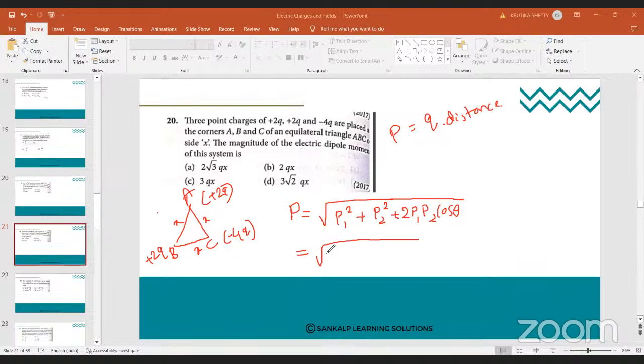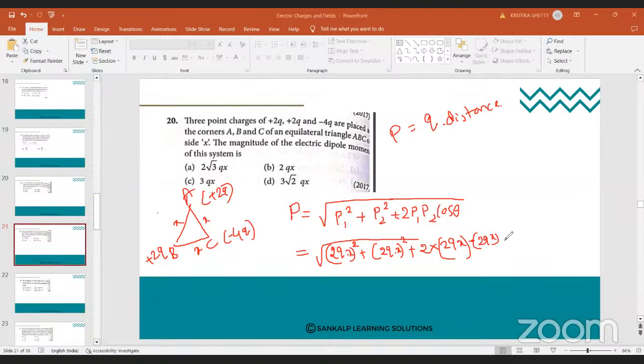Yes. So P1, that is the dipole moment. So according to the dipole moment formula it will be 2q into x whole square plus P2 is also the same, 2q into x whole square plus 2 into P1 into P2. So P1 into P2 is what? 2qx into 2qx